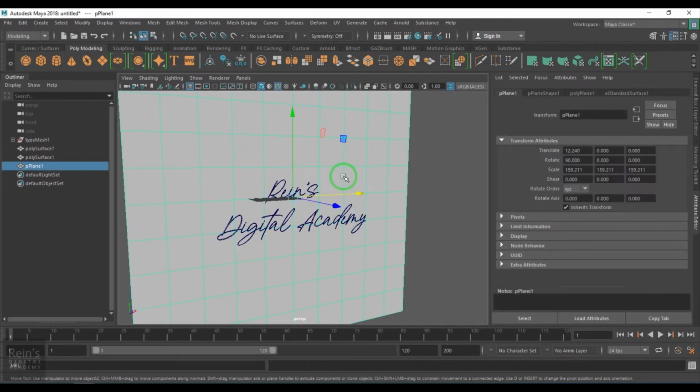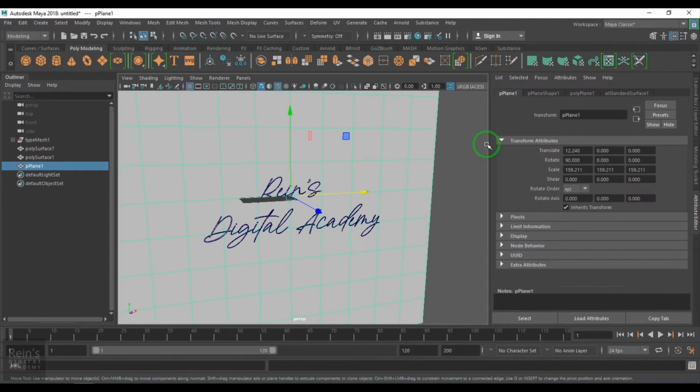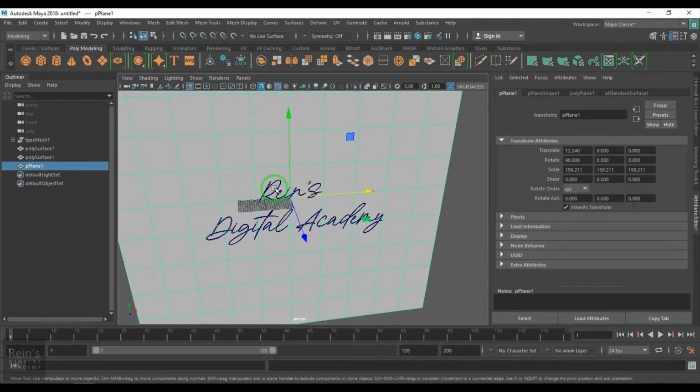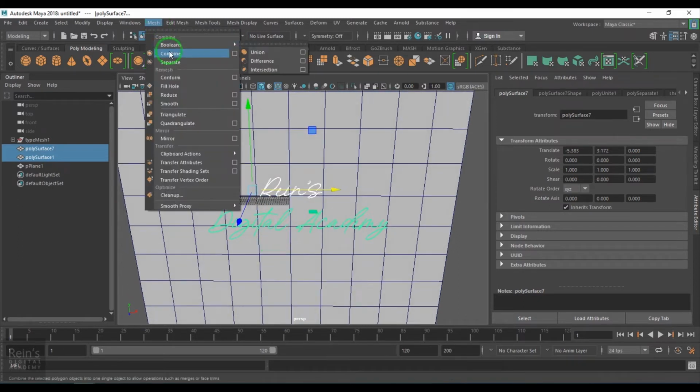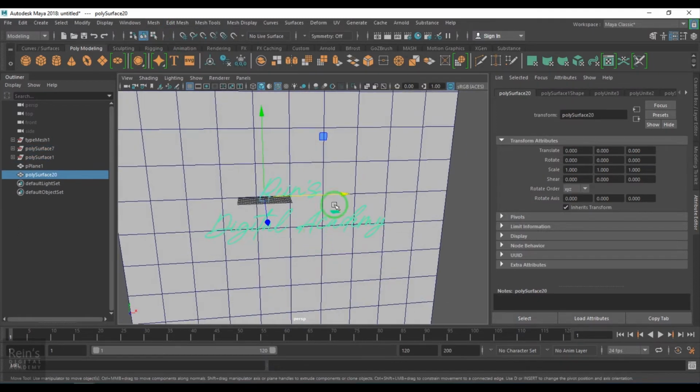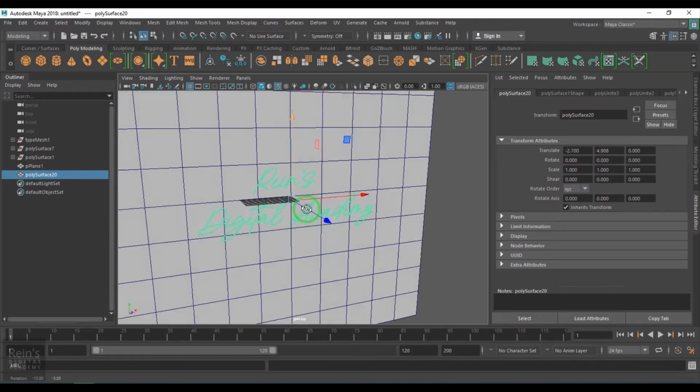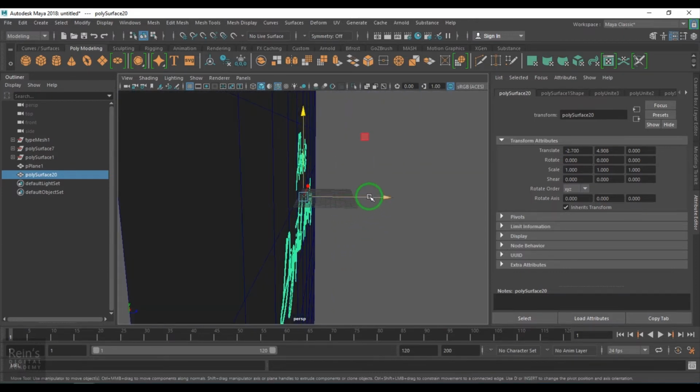So I have assigned AI standard surface shader for the background, and for both of them I'll just combine it so it becomes one piece like that. Make sure that it is slightly